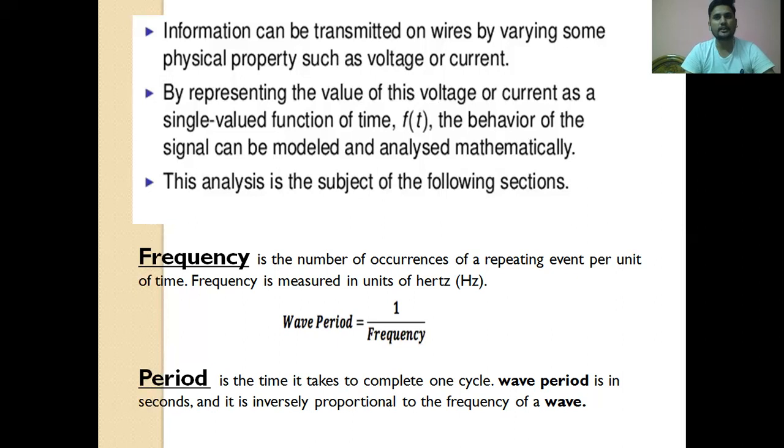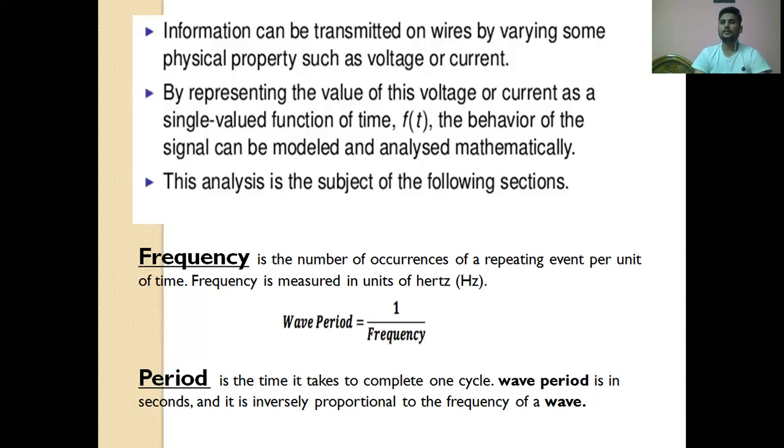What is meant by period? Generally, time period. Period is the time it takes to complete one cycle. A cycle means the complete execution, here the setup connection, data transmission and release connection. That is one complete cycle. For example, sender A wants to send data to sender B. One period means one clock rate, so they have to transmit data from one cycle to another cycle. It is the time taken to complete one cycle.